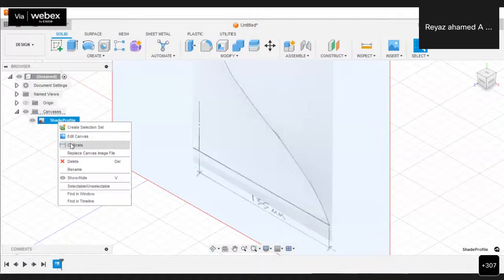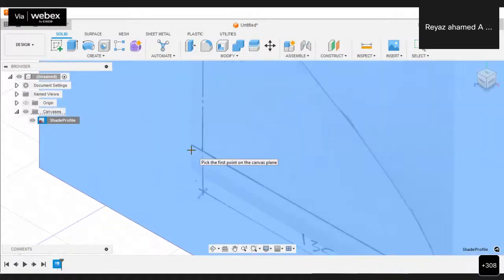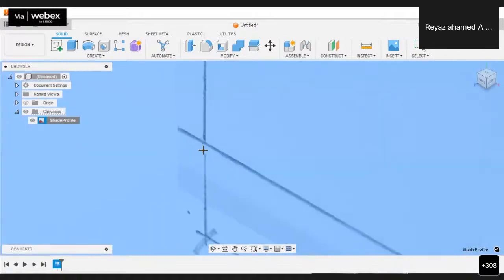So first let us change the image to the actual length that we needed. Let me click on the calibrate option. So after clicking on the calibrate option, it may ask to specify some point. That is from where to where we have to check it. So let me click on this point.